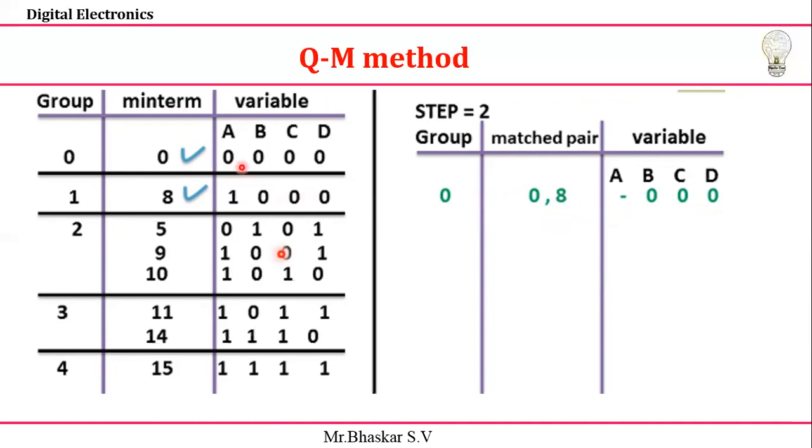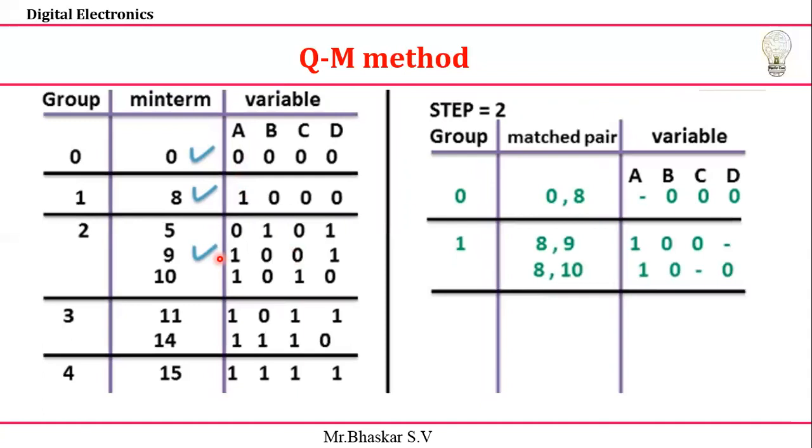Okay, next, 0 you need to compare with anything else there. No, it is not possible, because here it is only one, only possible with the 8. Next, looking at the next group. In the next group, the first is not possible, so go to the next group 1 element, which is 8. 8 is nothing but 1000. Here 1000 is there. Next, just check it out. If I check with the 5, this varies and 2 bits are varying, so I can't consider this. Next, 8 with 9. You can see that 1 is common, 0 0 is common, 0 0 is common, and 0 1 is the change.